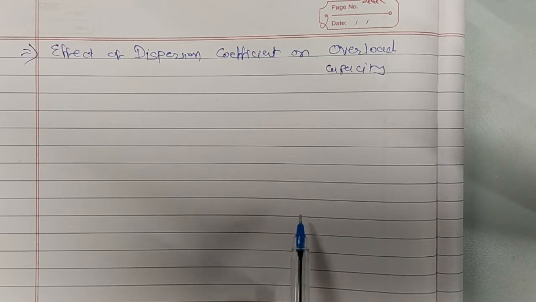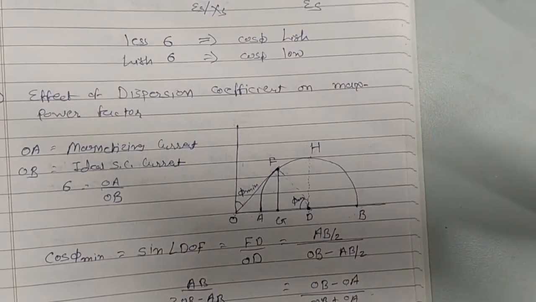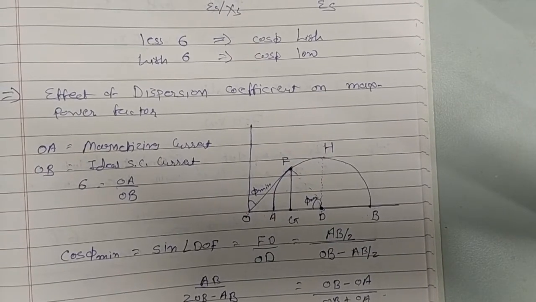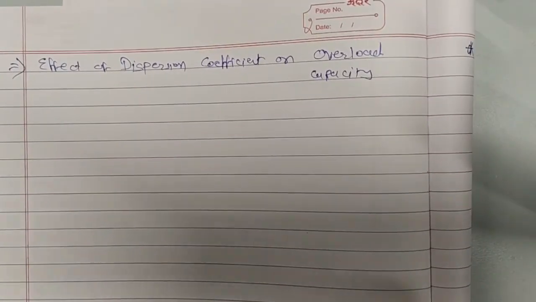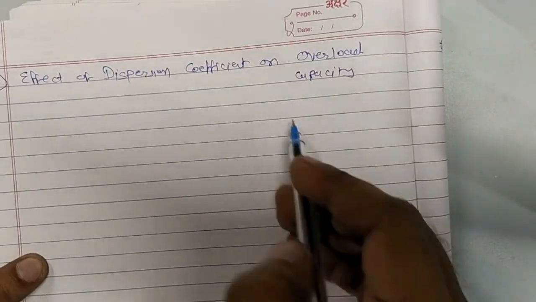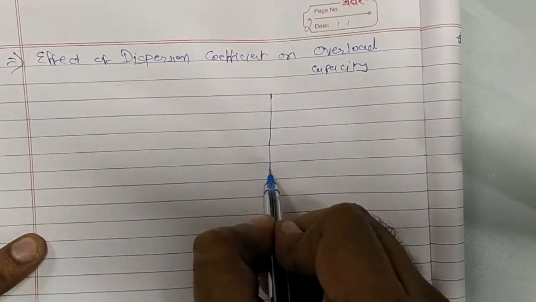If the induction motor is designed to have the maximum power factor at full load, the corresponding output is given by Fg, where Fg is perpendicular to AB. Okay, so let us look back over here. Or we can draw one more simplified circle diagram, particularly for this theory. It would be better to understand, so let us draw that again.